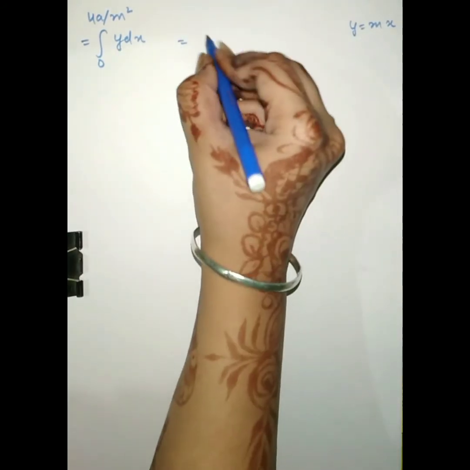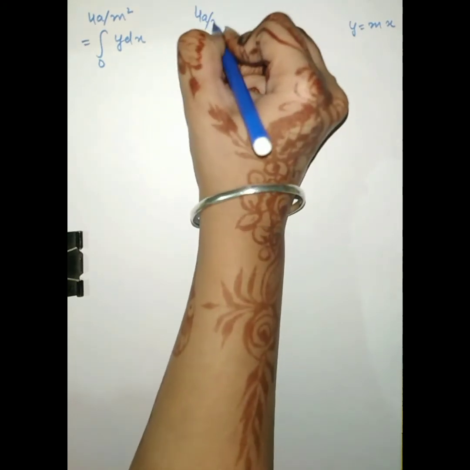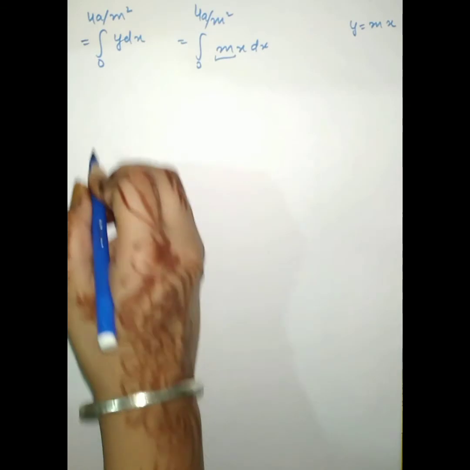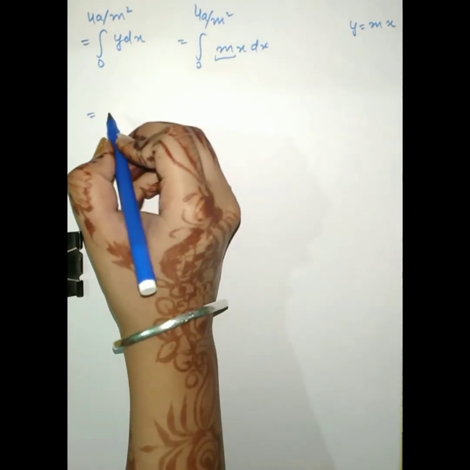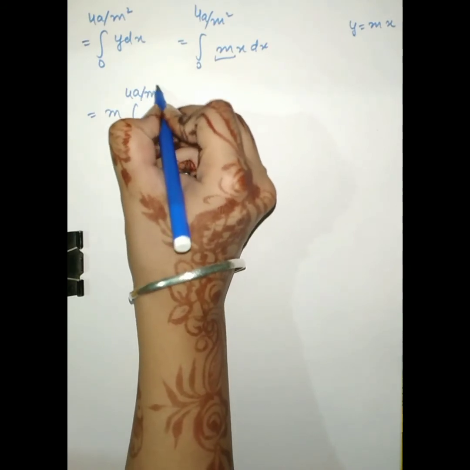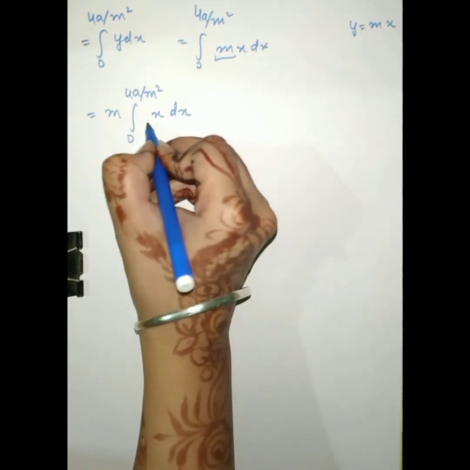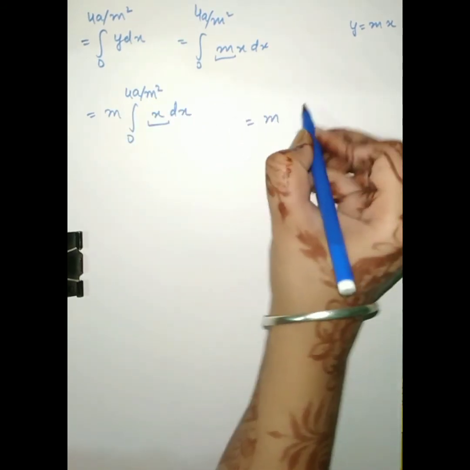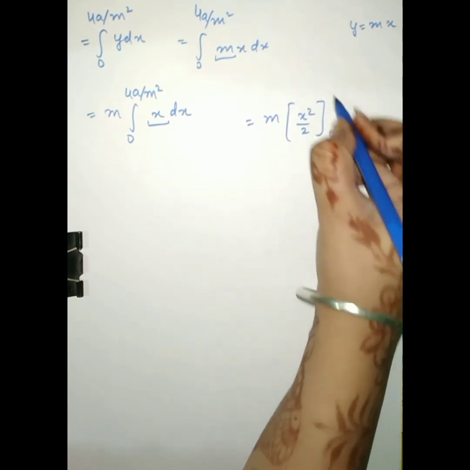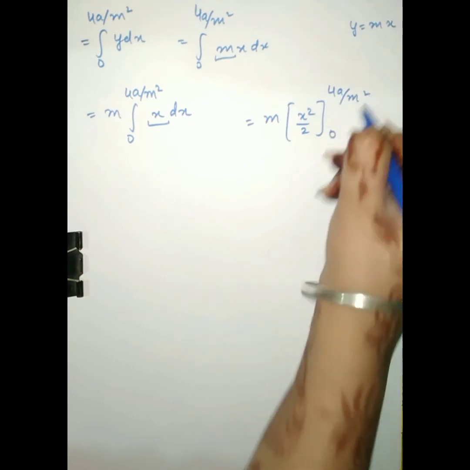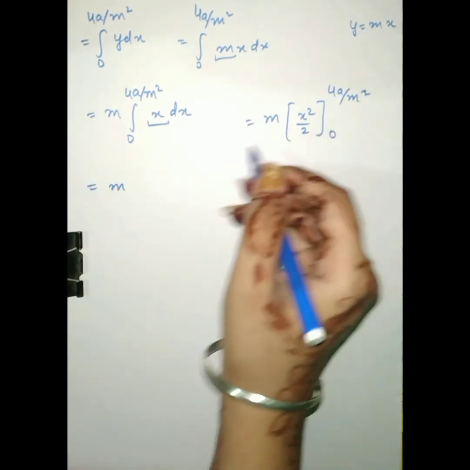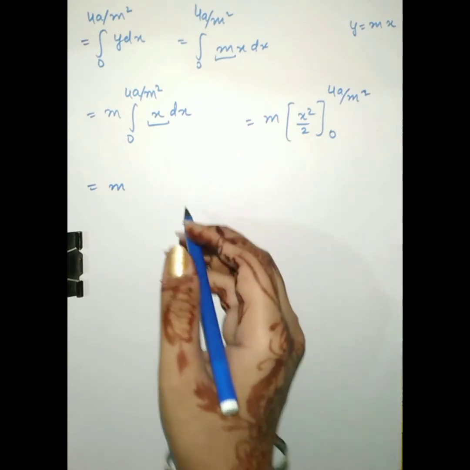Then we get the integral 0 to 4a upon m square mx dx, and m is the constant, so we will take it outside. That means we get m integral of 0 to 4a upon m square x dx. Then we will integrate this term, then we get m x square upon 2 in limit 0 to 4a upon m square. That means now we have to put the upper limit, that means 4a upon m square. It will become